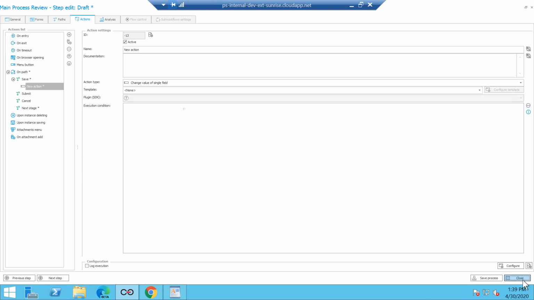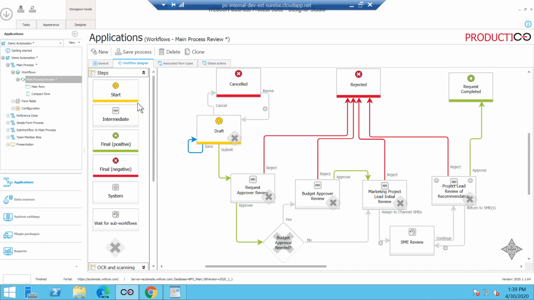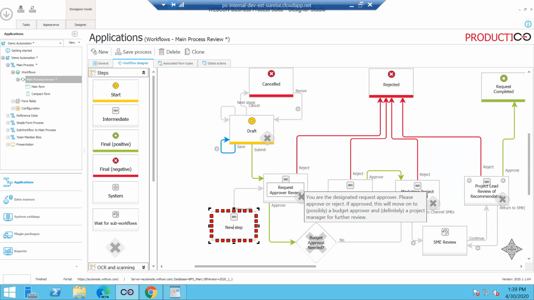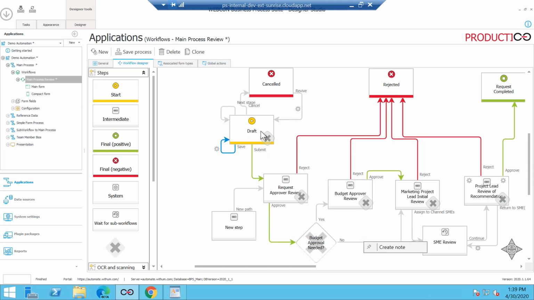And then what I mean, you can just come and do this, and you can start adding a new step right here, and then you can start joining the path from here. I want it to go right here. It's as simple as that. You have your step and the path right here. I can call it test, and I can say, if I click on this path, it goes to the request approver. They have the option to color code, which I like. So anything you want to reject, I mean, these are simple things that make a difference, right? When you're looking at it, you're seeing approves are greens and rejects are reds.